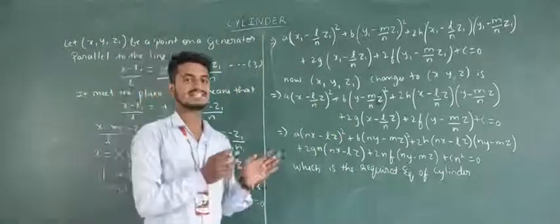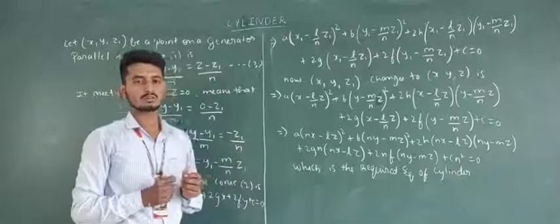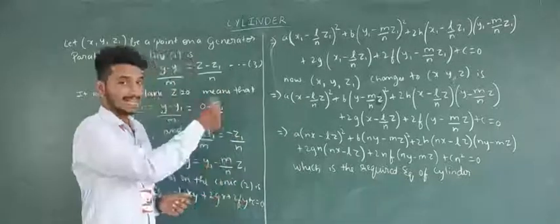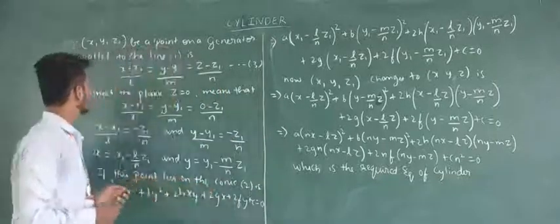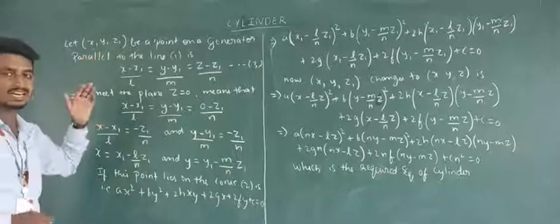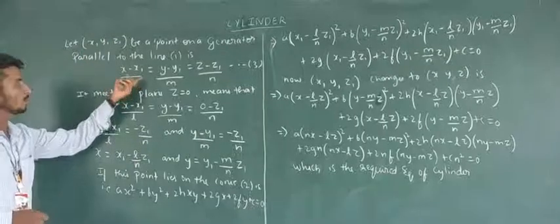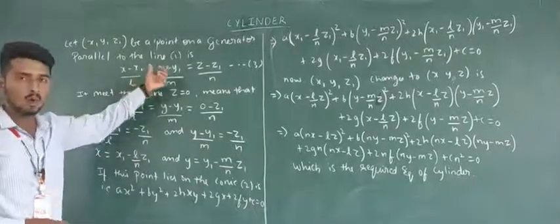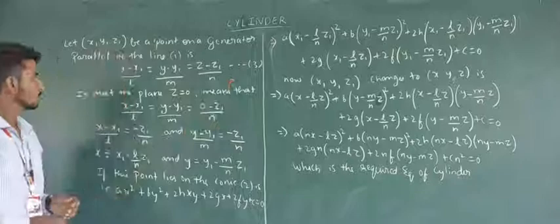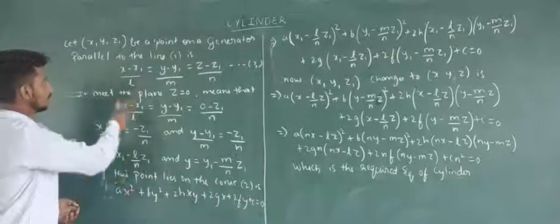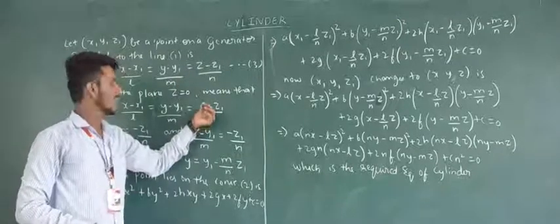So first we have considered the equation of a generator line. Also we have considered the equation of a conic. We have denoted the equation of the conic as 2 and the equation of the generator line as 1. Next we have taken a point x1, y1, z1 on the generator line, so the equation will be (x minus x1) divided by l equal to (y minus y1) divided by m equal to (z minus z1) divided by n, and we have denoted this as equation 3. Next, if this line meets the plane z equal to 0, then we will substitute the value of z as 0.